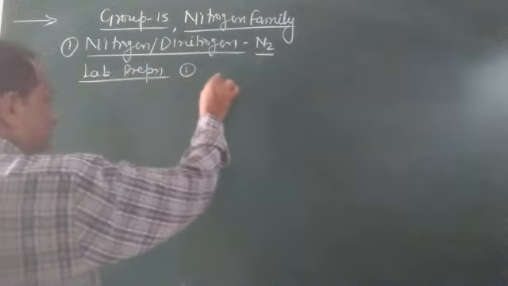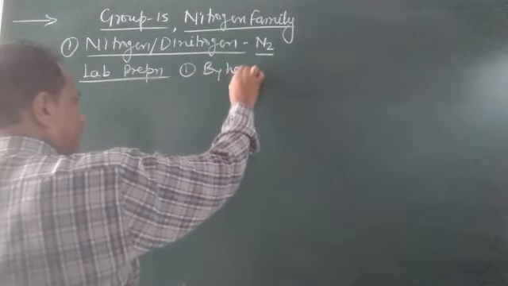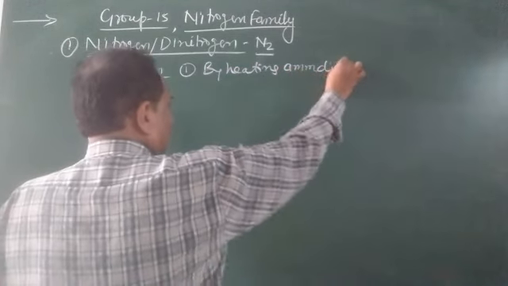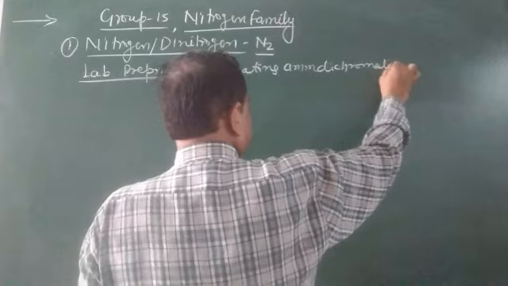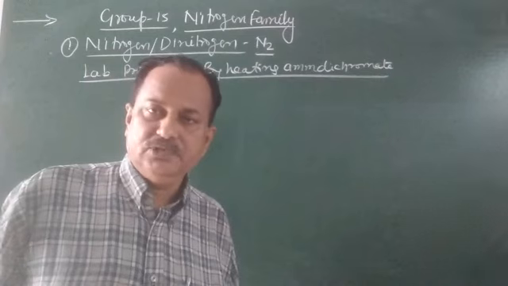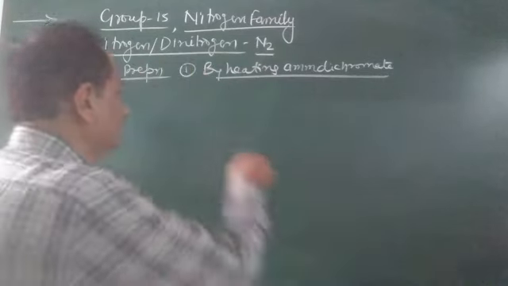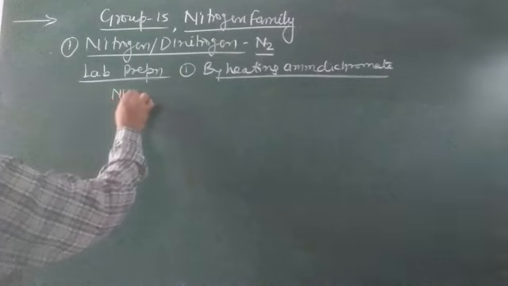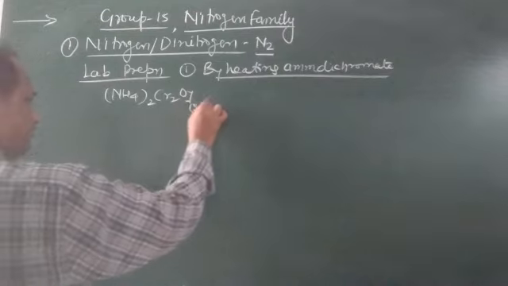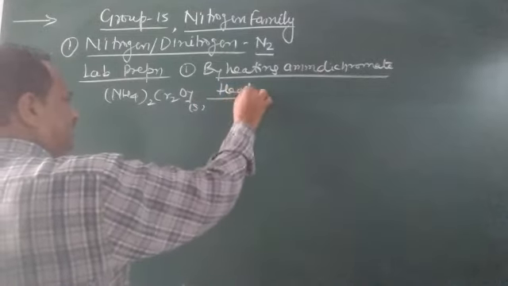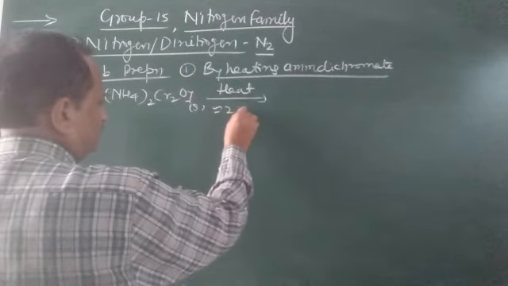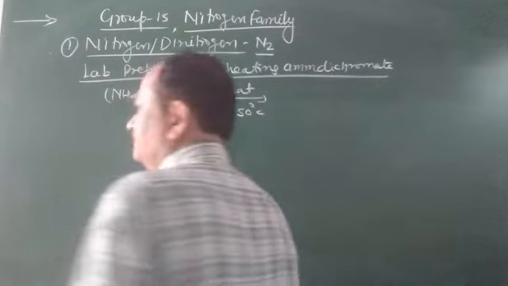The first method is by heating ammonium dichromate. Ammonium dichromate is able to produce pure nitrogen. This ammonium dichromate solid, on heating not at very high temperature but at moderate temperature, around 250 degrees Celsius, something like that,